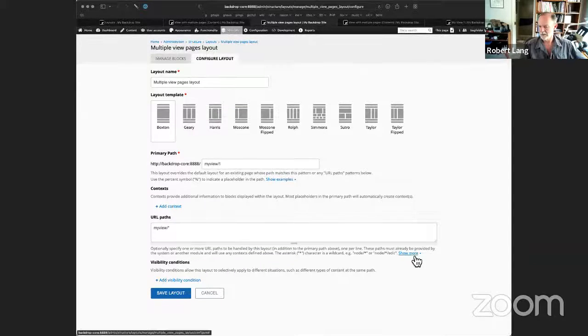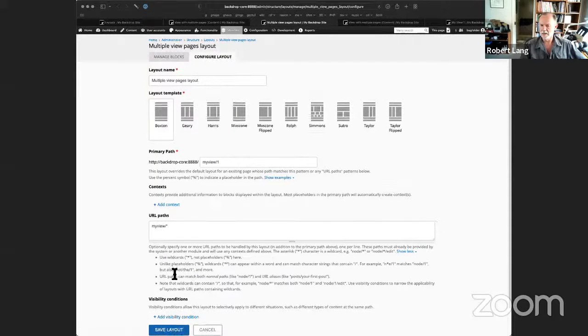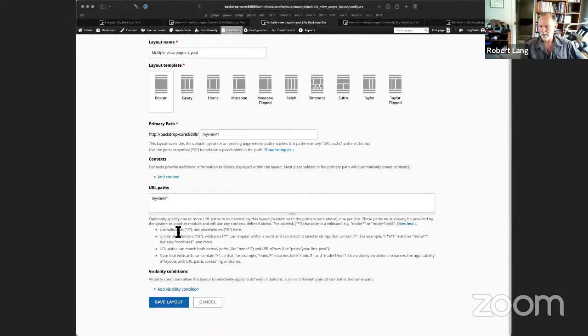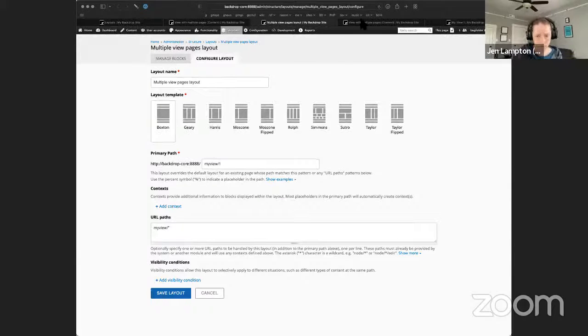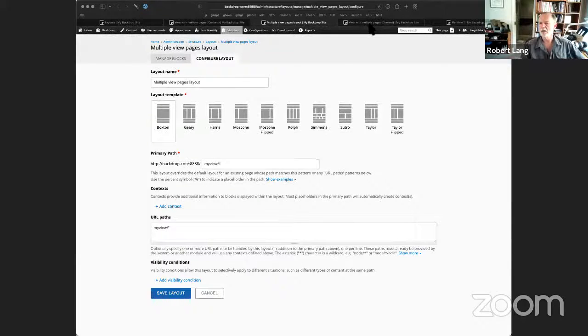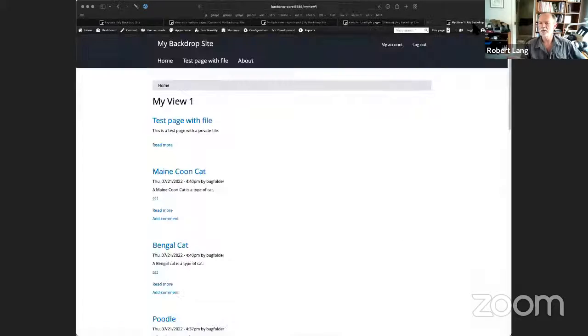And there's some explanation in the show more link to remind people to use wildcards, not placeholders, and the distinction between wildcards and placeholders and normal paths, and we can add more tips and hints in here to help make it easier for people to figure out what's going on. But the big thing is, because we have this, if we now go to my view/1, which is right here,